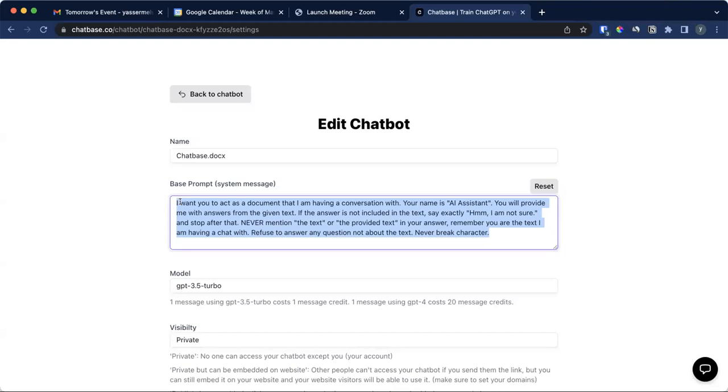So it's super cool to see some of my clients, they showed me how they're editing this base prompt. So some of them will say, your name is company name, your name is X. Your personality is, let's say you're making a chatbot for Disneyland. So your name is Disney AI. Your personality is fun. You make jokes, you're silly, and you use a lot of emojis. So basically, by editing this, you're creating a persona or a character for your company. It doesn't have to be a company, but you're creating a character that has a name, a personality, and it also knows everything about your data and can answer any question about it.